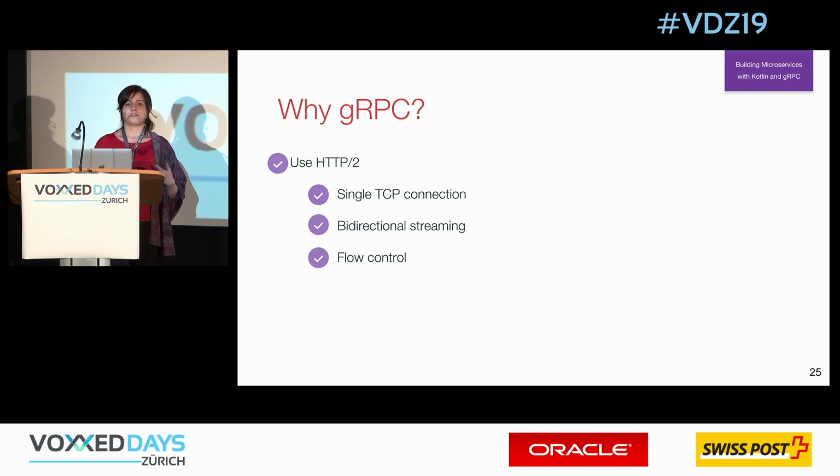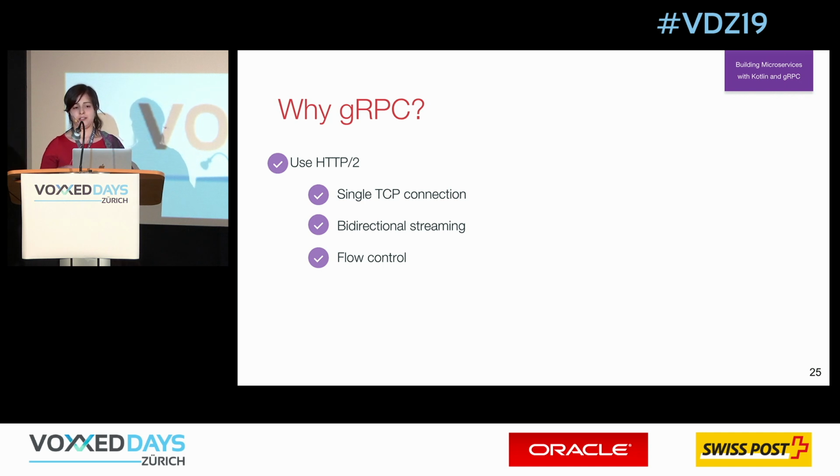Sometimes you face a situation when your client cannot handle all the requests your server sent to it. For example, we have laptops, we have mobile clients, we have desktop clients, and mobiles are not as efficient as laptops, and maybe they need a slower pace. And flow control can help us tell our server: please stop, I cannot handle all the requests. I will handle this batch of requests, and then you'll send me the next batch.